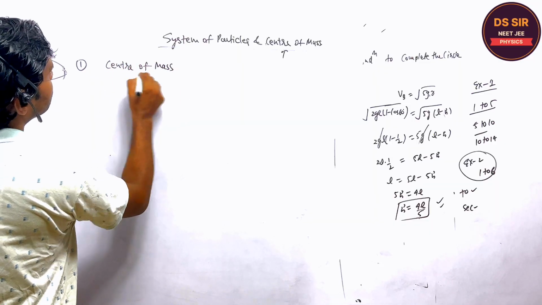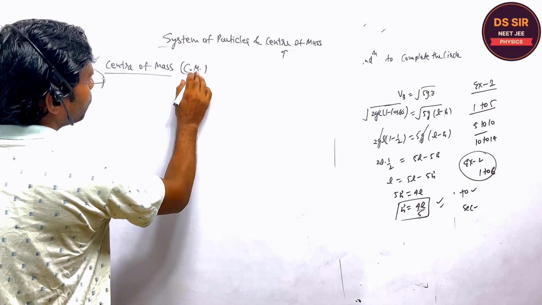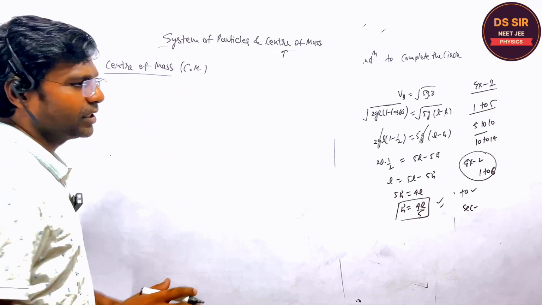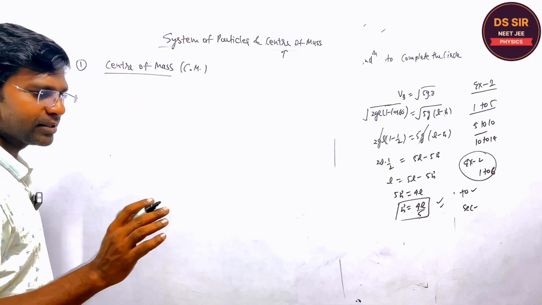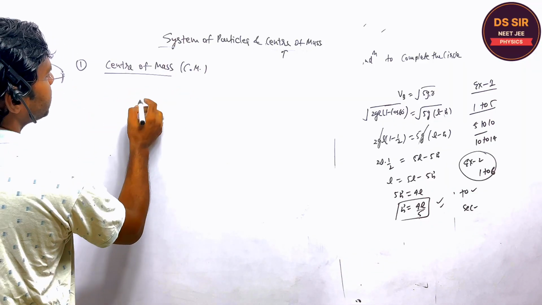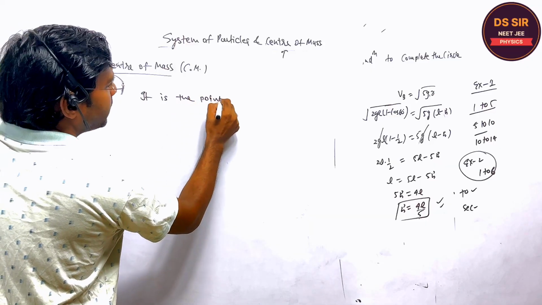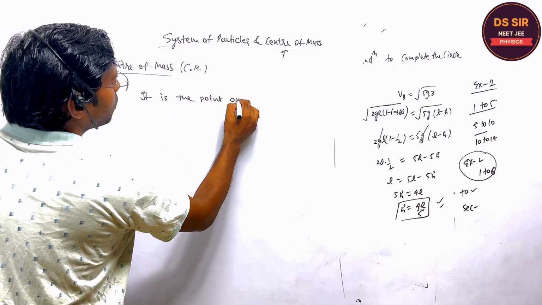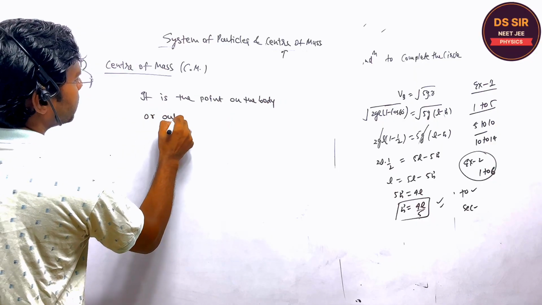Center of mass and the center of gravity, though both are two different things, right? So first of all we are discussing the center of mass. What is the center of mass? Can anyone tell what the center of mass is? It is the point on the body. Definition I am writing: it is a point on the body or outside the body,